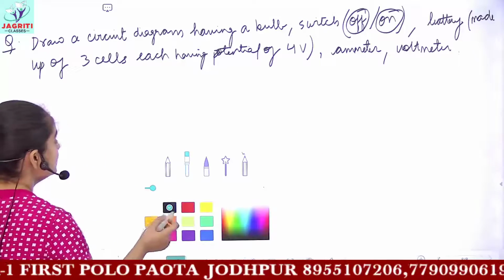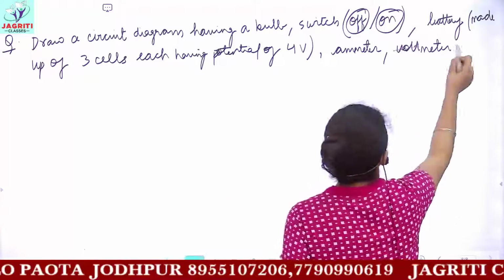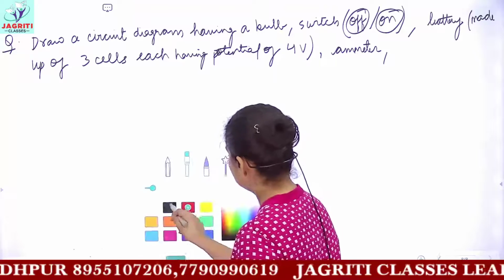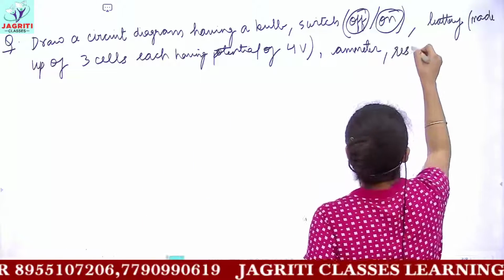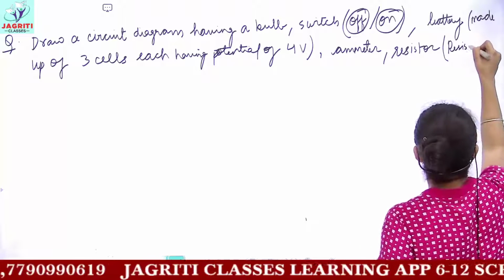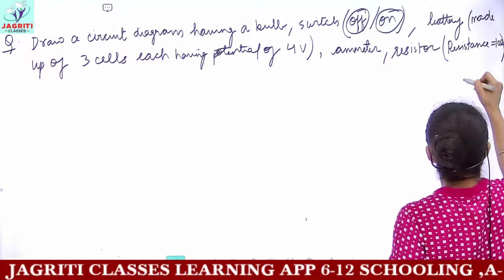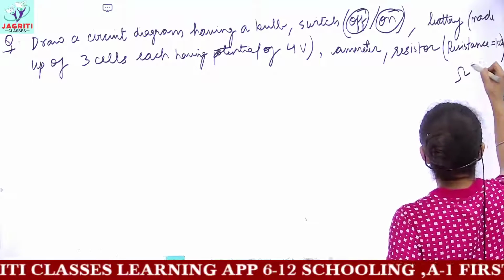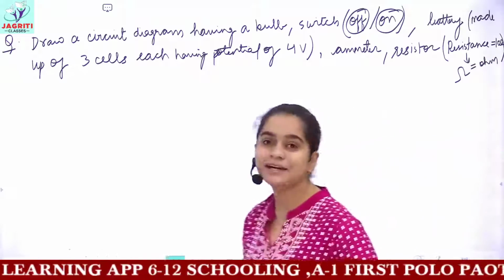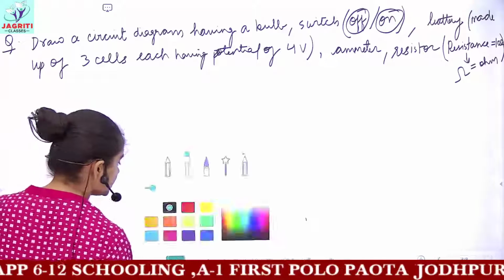So let's see how you can draw. Okay, I can remove the voltmeter from here, and firstly I'll include one more thing, which is a resistance, or a resistor, which has a resistance value of 10 ohm. So ohm is the SI unit of resistance, remember, okay? Because we'll be discussing resistance in the next sections. So here, how to draw a circuit diagram.